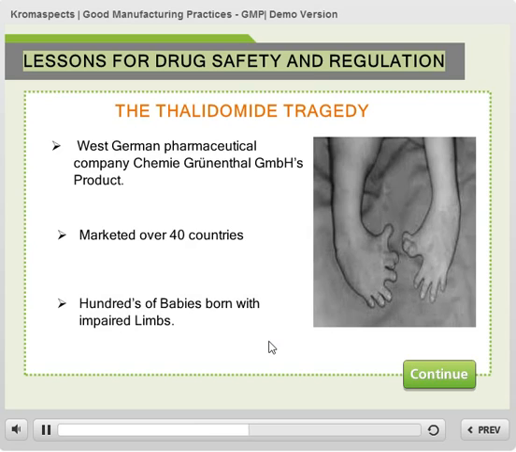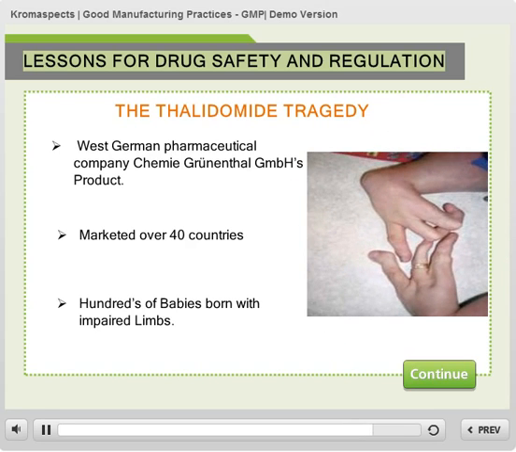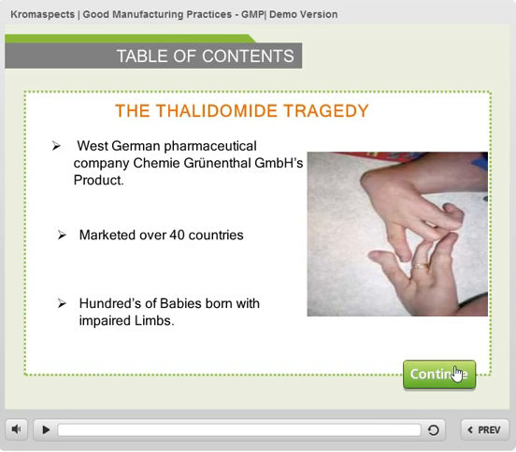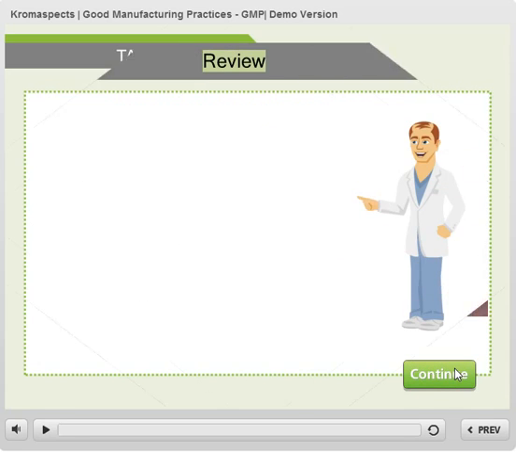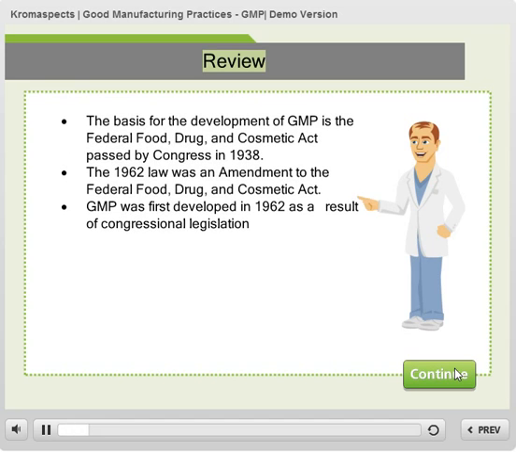It seemed a perfect example of newly fashionable tranquilizers. Animal tests did not include the effects of the drug during pregnancy. The apparently harmless thalidomide was licensed in July 1956 for prescription-free sale in Germany and most European countries. The drug also reduced morning sickness. It was marketed as a mild sleeping pill safe even for pregnant women. However, it caused thousands of babies worldwide to be born with malformed limbs. After all these disastrous incidents, FDA introduced stringent regulations and mandated good manufacturing practices.